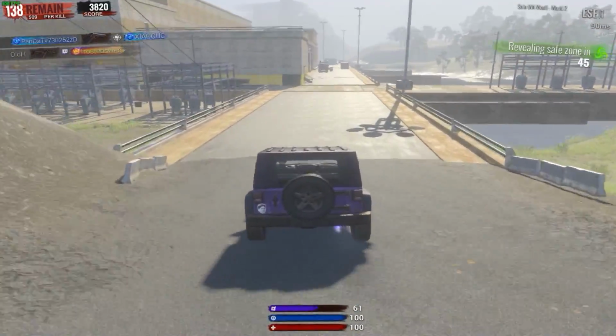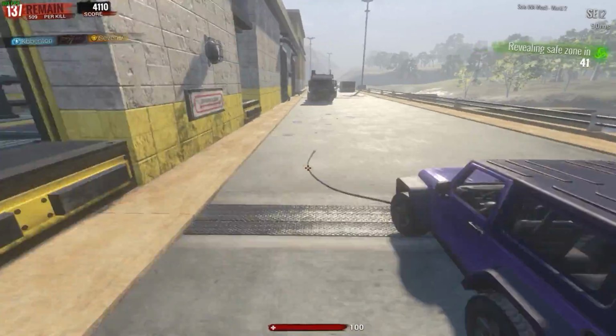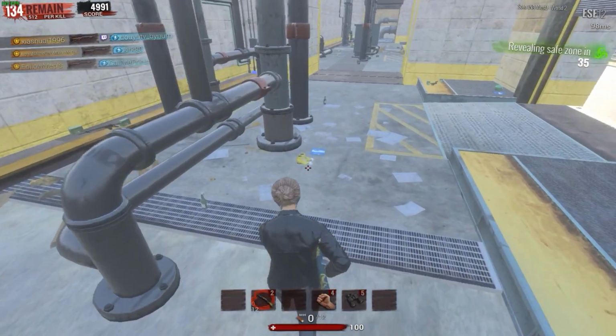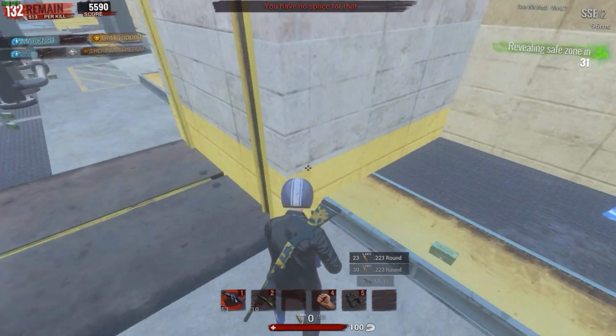And in the middle of the warehouses that are at the main part of the dam, which I'm going to right here, in between the 2 buildings, there is another Jeep that spawns there. So there's a plethora of vehicles up here. You never have to worry about, you know, not having a way to leave, because the safe zone does not